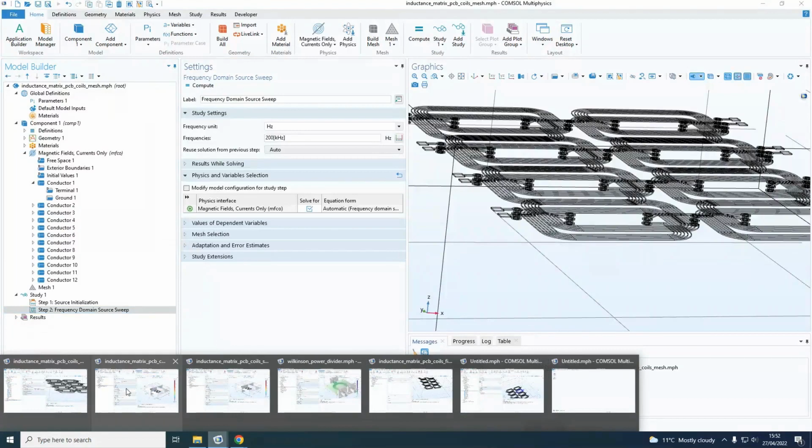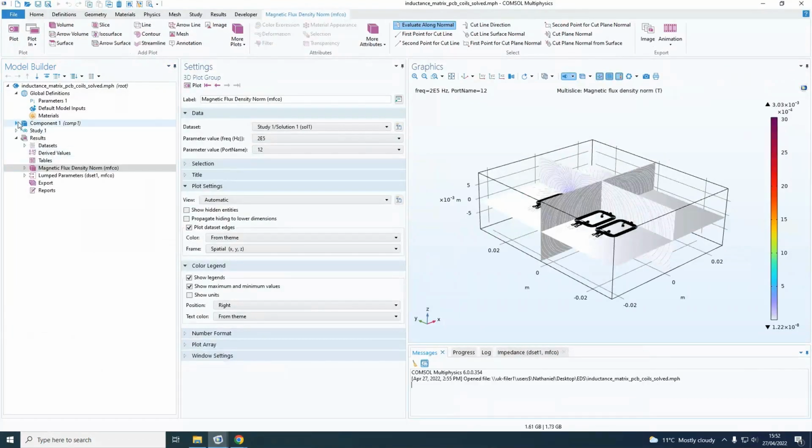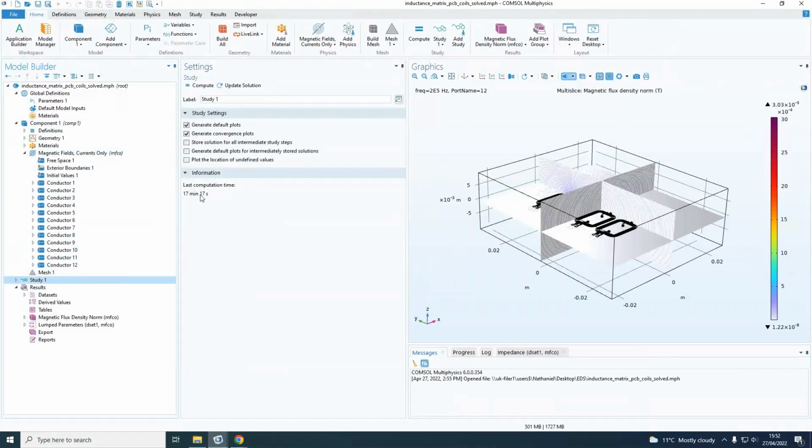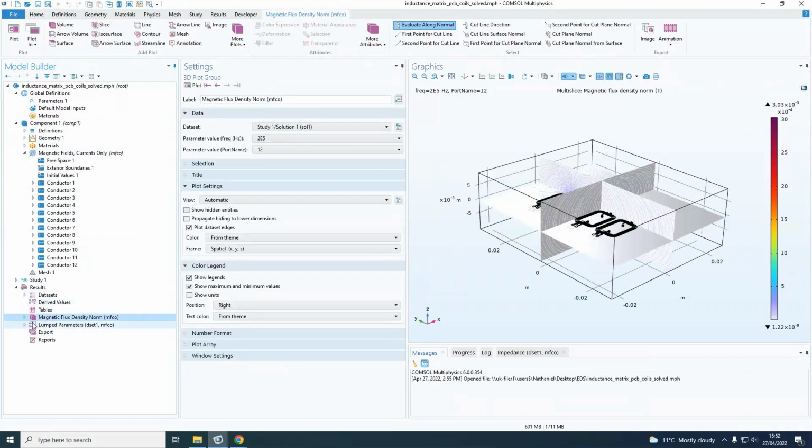So once again, I'm going to do the trick of going over to the solved version. So this is the same model. You can see the same contents here. And you can see that when I solved this before delivering this talk, this took 17 minutes to get to this point. Although your timings may vary depending on your computer, obviously, in this case. So once you've solved it, waited the 17 minutes, it gives you